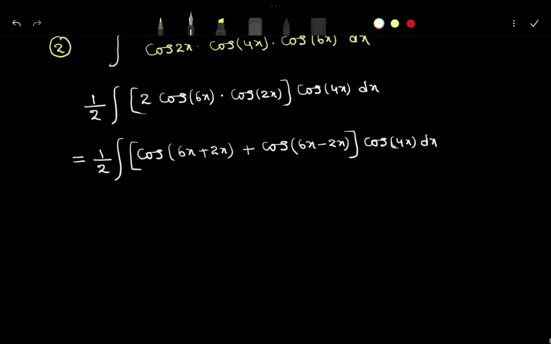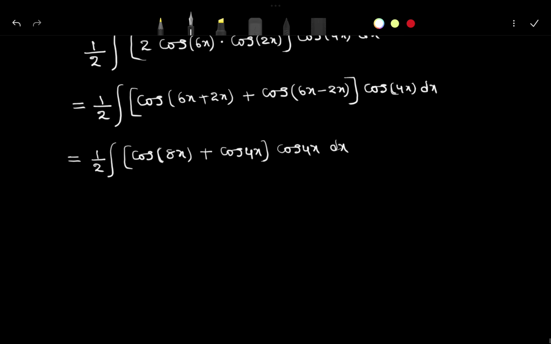Now 6x plus 2x is 8x. That equals 1/2 into the integration of cos 8x plus cos 4x, into cos 4x. You multiply these two with cos 4x,